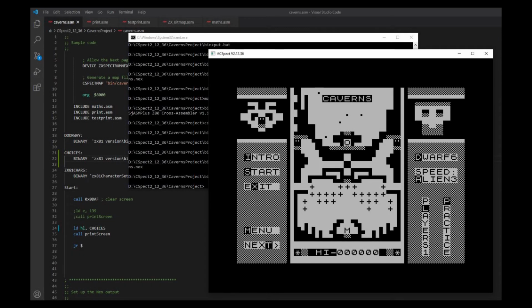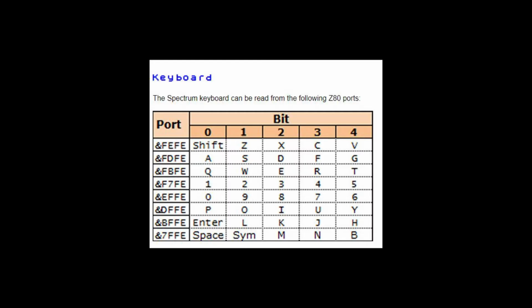Continuing my rebuild of the Caverns ZX81 program never released on the ZX81. Having got a single screen loading working in the last video, it's time to start the game loop and look at simple input. Various websites discuss input on the Spectrum, and recently Jim Bagley has covered it in a walkthrough